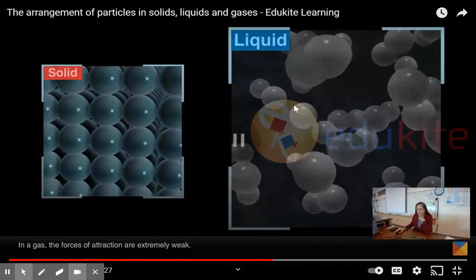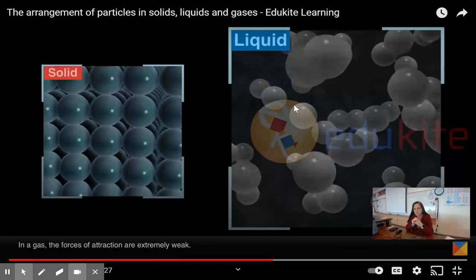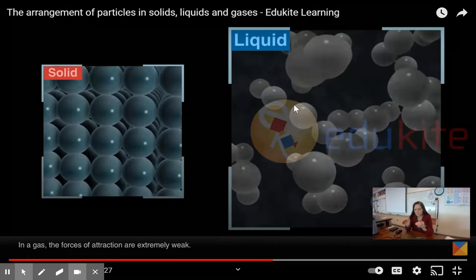move about. Those forces of attraction are less in a liquid, but they are still strong enough that the attraction between molecules keeps those molecules close to each other. That's what keeps the liquid state, because we've got to have those molecules really close to each other, otherwise it becomes a gas. So we still have relatively strong forces between those particles. They're just not as strong as in a solid. I'm sorry, misspoke. The solid are the strongest because it keeps that in a nice crystalline arrangement.